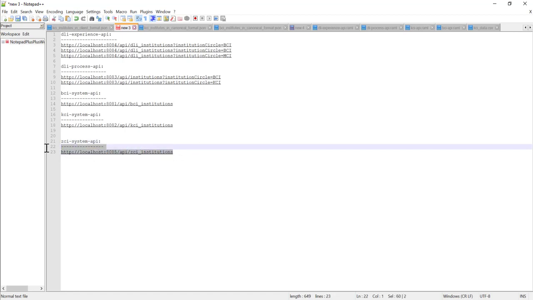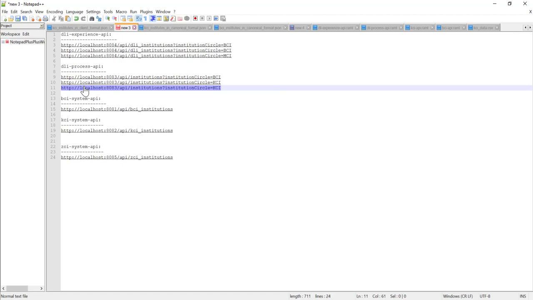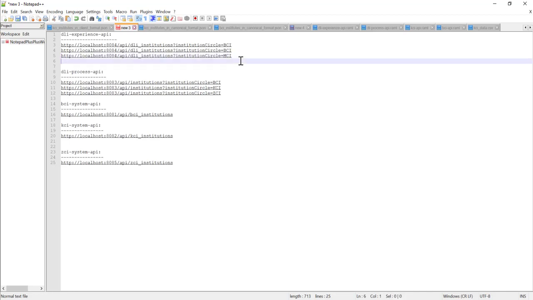And similarly we have to provide another URL here. So only the system API needs to be added, and some adjustment needs to be made here so that you can call that particular new system, right? So again similarly, from the experience API, you need to add this URL, right? Using this URL you would be able to achieve this, right?